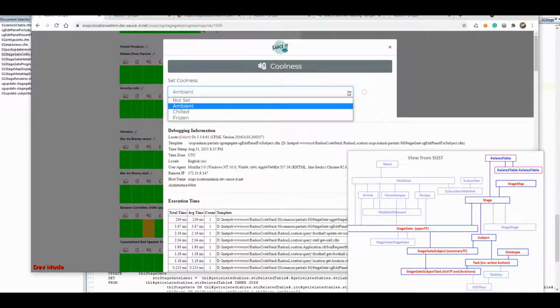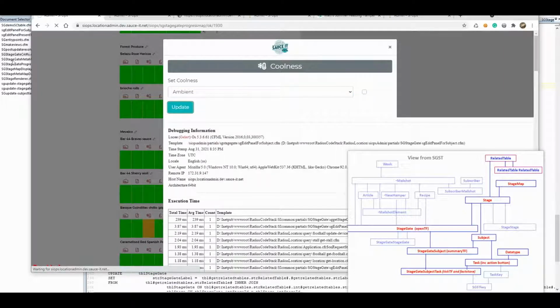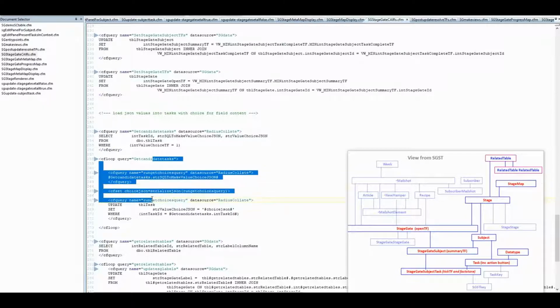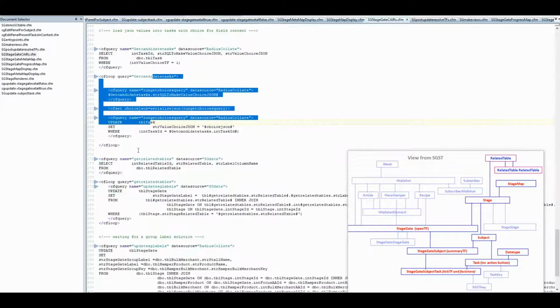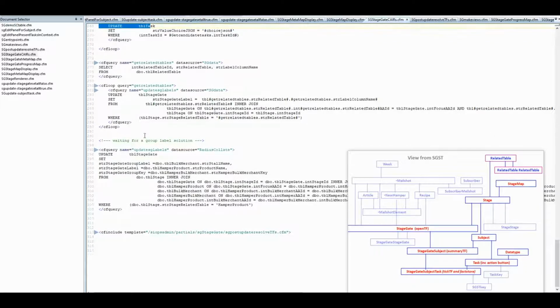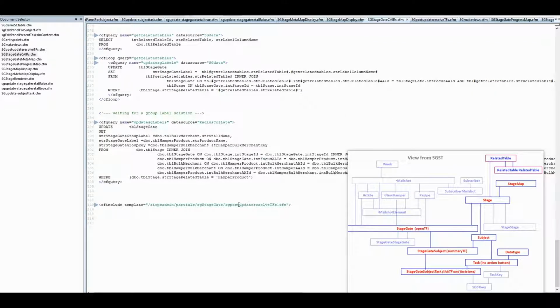I've got a choice pull down. That came out of the metadata. The SQL to deliver the choices was loaded into the metadata through the stage maintenance tool. So this prepares the JSON to sit in the metadata to be consumed at runtime to offer those choices. Updates the labels to mark the different stage gates so that when we're looking at them on the stage map, we can see what each of them are called. We update the labels,